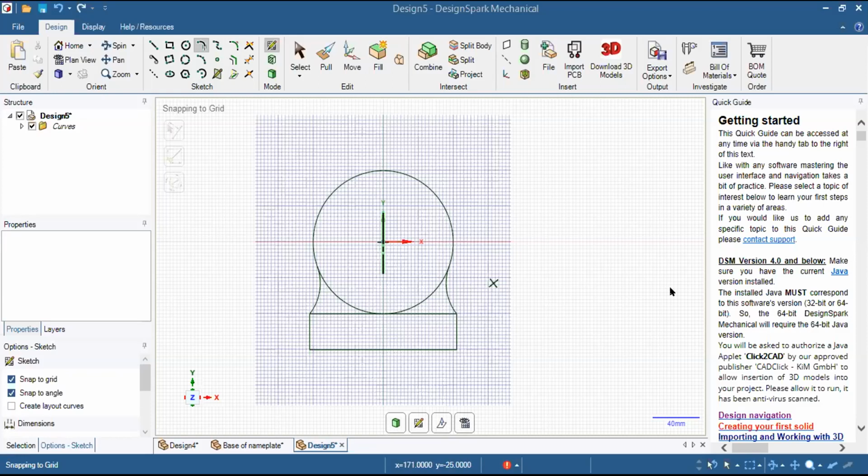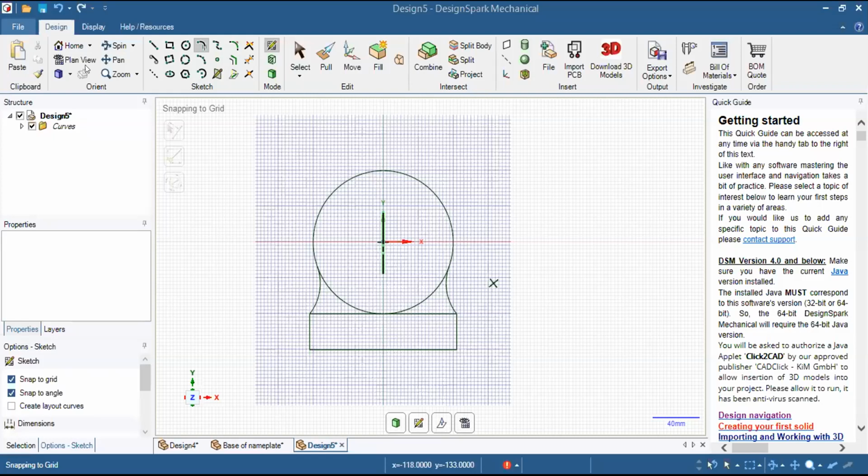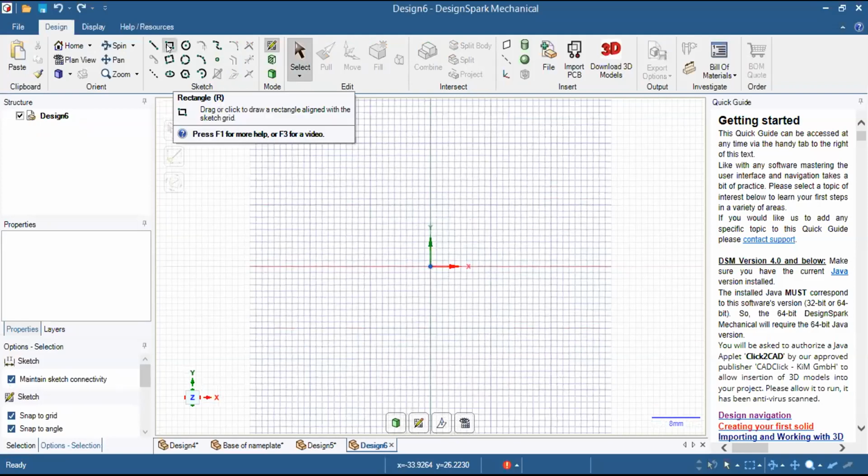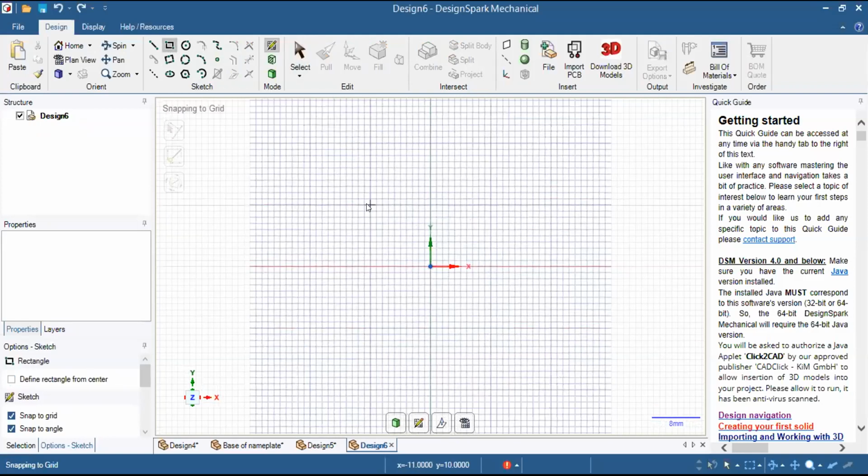So still, if anyone is having any doubt. Okay, from Gyan, you want to know about the chamfering part again. Okay, Gyan, I will explain a simple chamfering. Basically, I will do it in a new design, go to plain view, and show you chamfering on a simple rectangle so that you can get an idea.